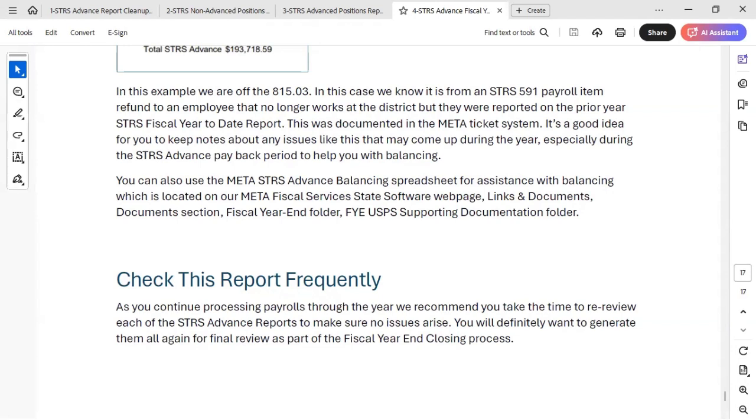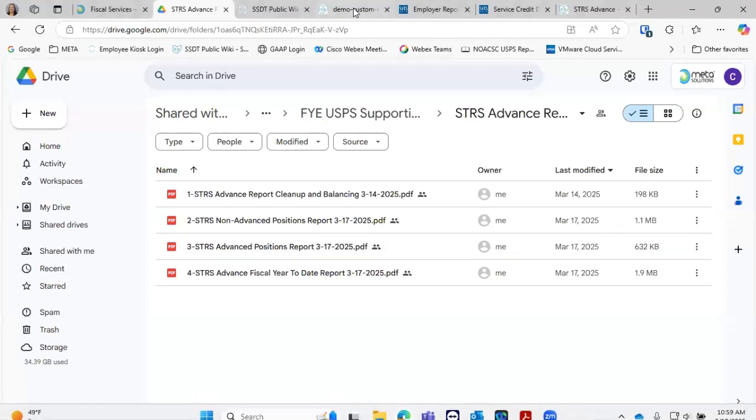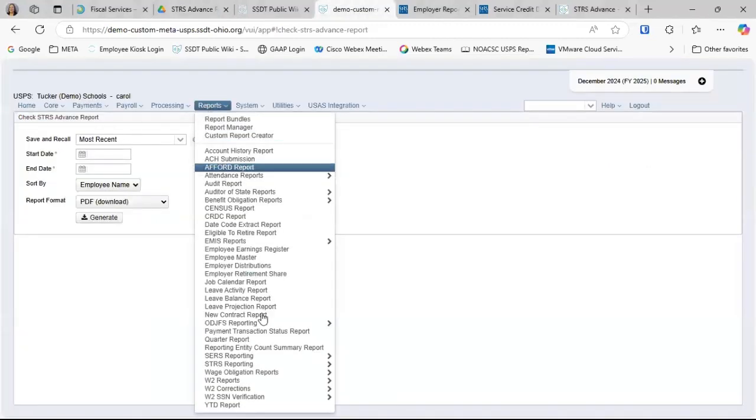Okay. What starting and ending dates do we use to run the advance reports? Thank you for asking that question, because I was going to talk about that way earlier in the session and I completely forgot. That's a good question. And our team has talked about that. Okay, let me go to my demo account. So when you're running the STRS advance reports,